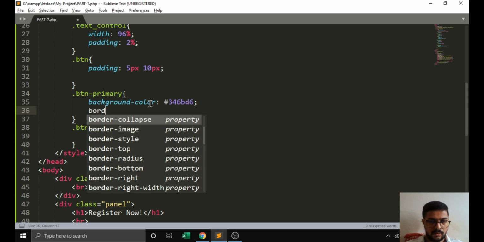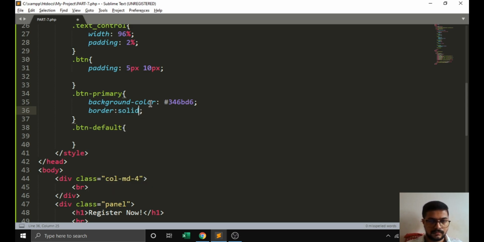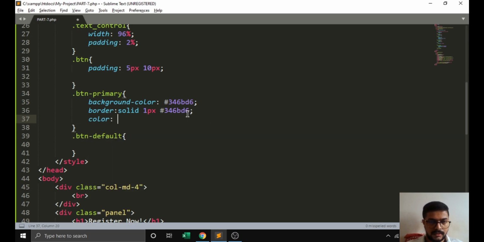We have to pass a border, 1 pixel. We have to pass this color property of this same color.